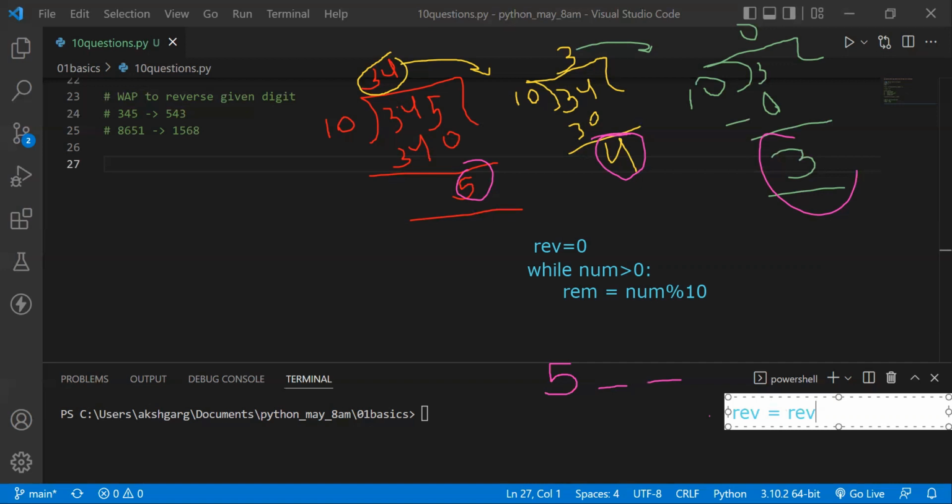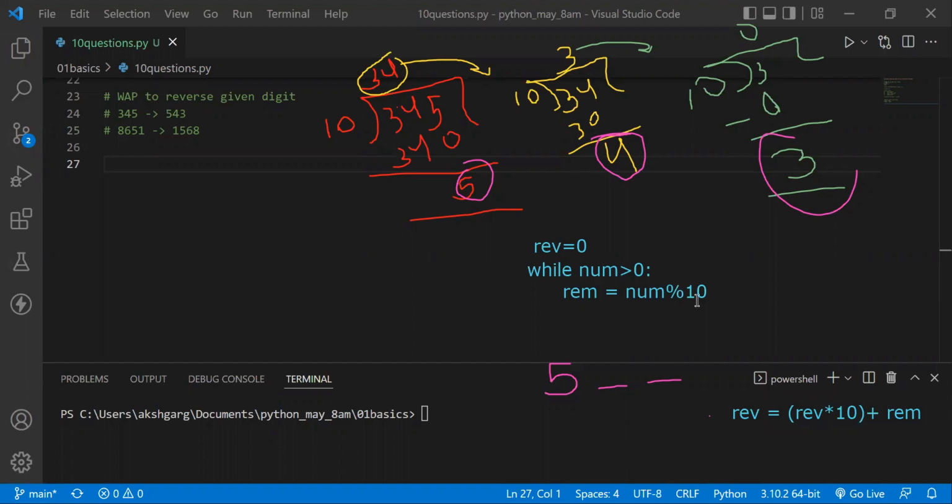Reverse multiplied by, basically reverse equals reverse multiplied by 10 plus remainder. If we give this thing,